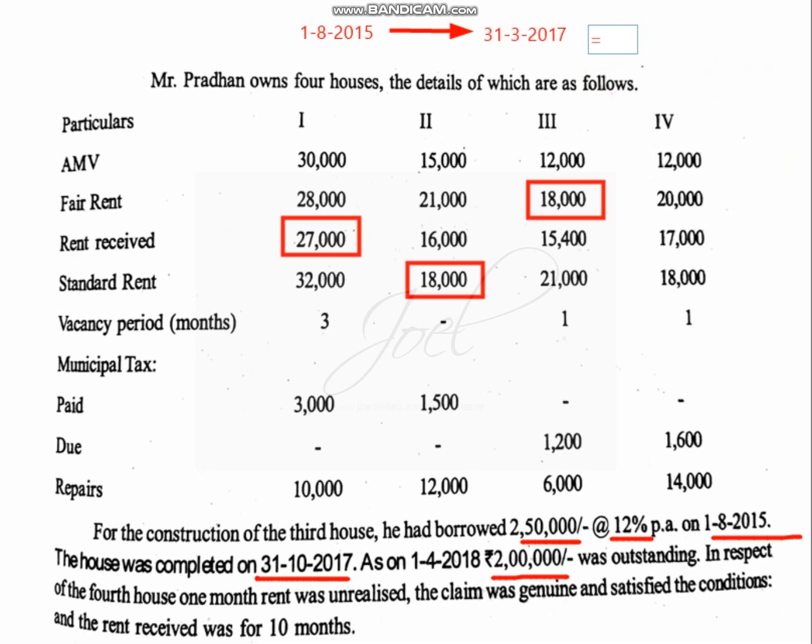Yes, we have to calculate here. 20 months it is. 20 months will be the period. So 20 months will be pre-construction period interest period. So when we are doing the calculation, it will be something like this. My pre-construction period will start from 1/8/2015 and end on 31st 3 2017, of 20 months. So this will be my pre-construction period.